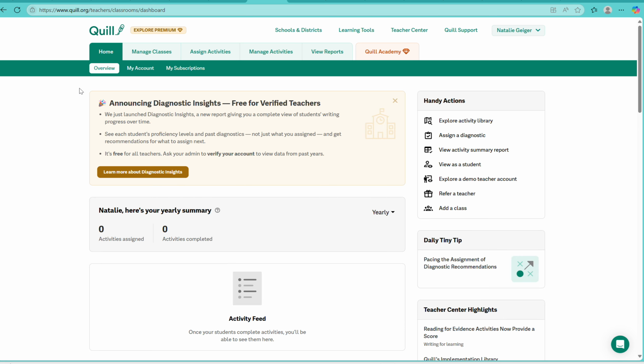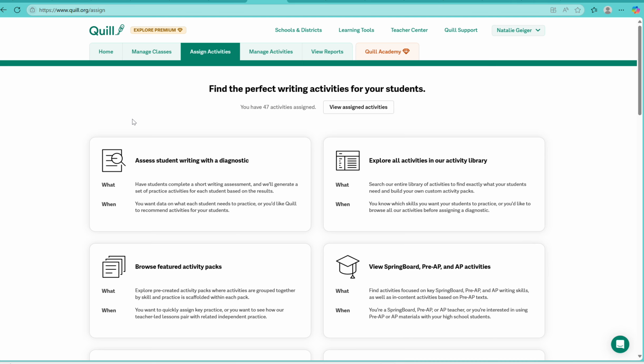There are some steps on how you can connect your classes from Canvas into the program so you can easily assign the activities and diagnostics to your students. So you can click around, and usually the first time you go in, it'll walk you through that. When you want to get to activities, go to the Assign Activities space once your classes are set up, and